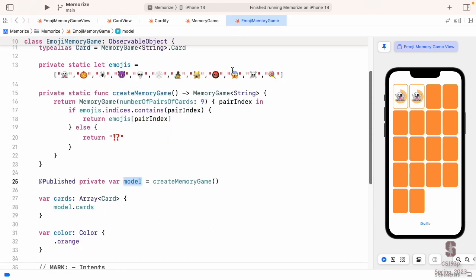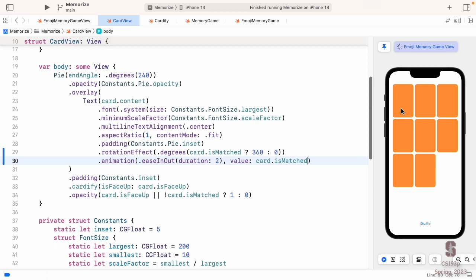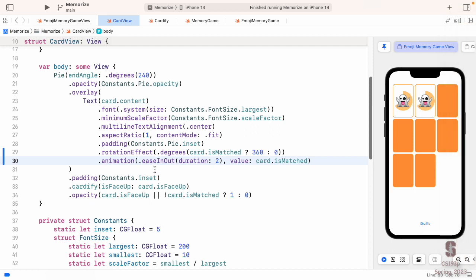Let's also go and make this so we have fewer cards. So the cards are bigger. See the ease in, ease out happen, where he starts and then he speeds up and he slows down. What if I wanted him to keep spinning? Okay, he did a nice flip, but what if we just wanted to spin forever?